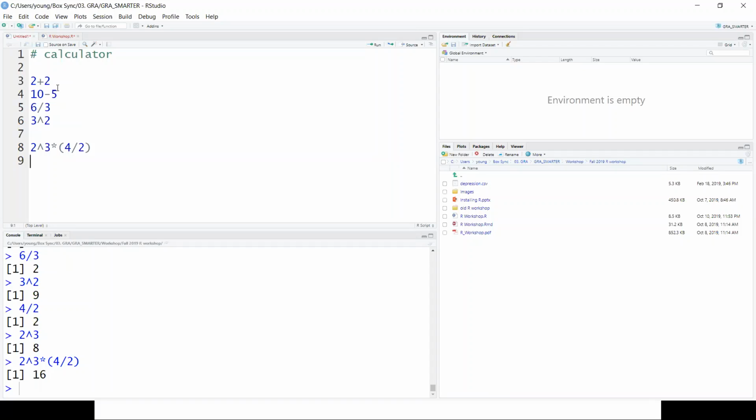Okay. But if we change this line a little bit, it'll be different. Let me put some parentheses around here. Then the order is going to be different. So it'll be 2 here. 2 times 3 is 6. And then if you run this whole line, that'll be 2 to the power of 6, which is 64, right? So try to remember the order of calculation when you put some calculation here.